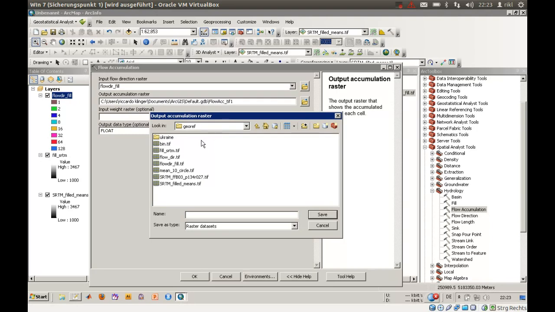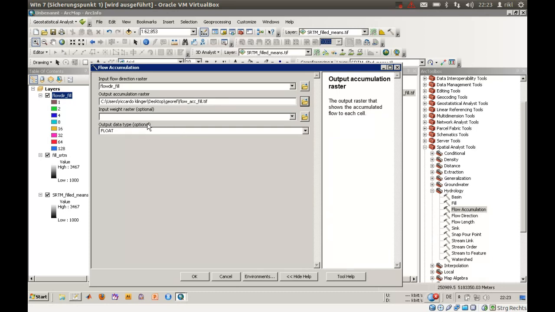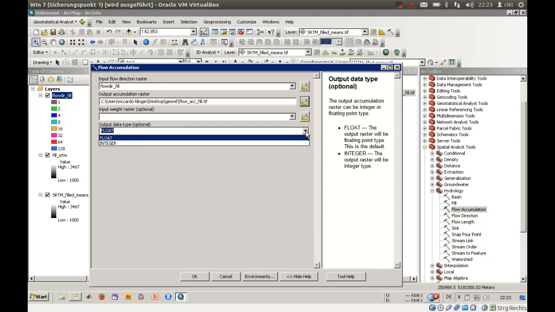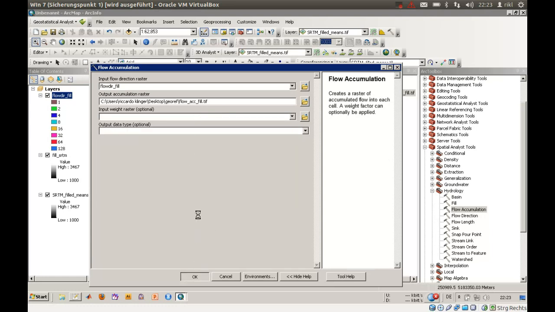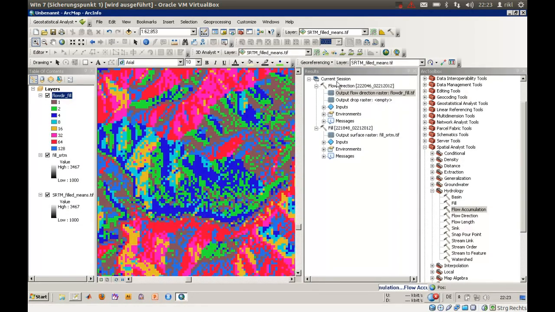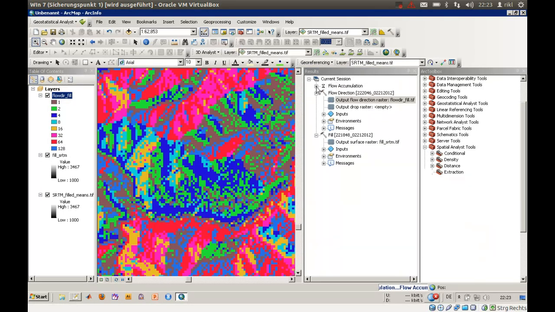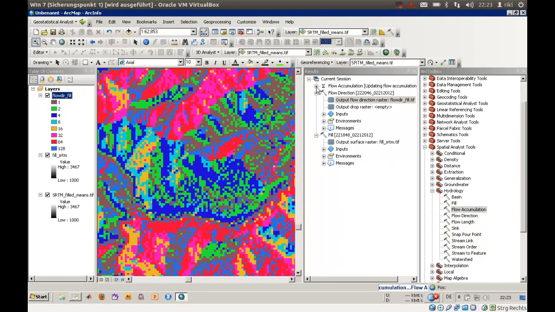We will change the name of our flow to acc_fill. The fill SRTM was the original data for all our calculations. Output data type will be float. I think we will leave it as default, and there will be no input rate raster used for that calculation. So we will now use that, and then you should have, in the end, you should see your